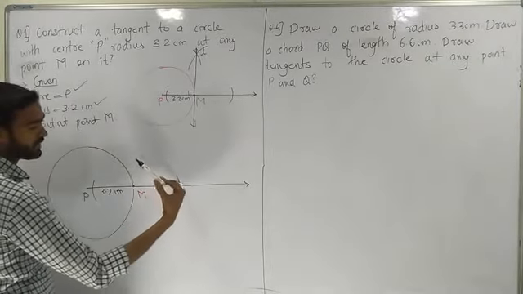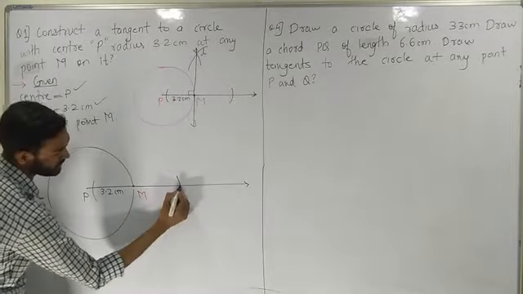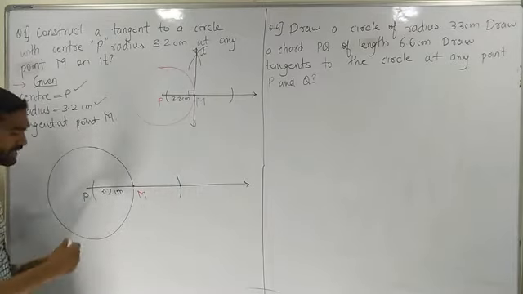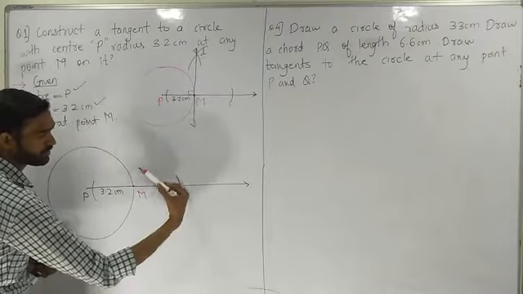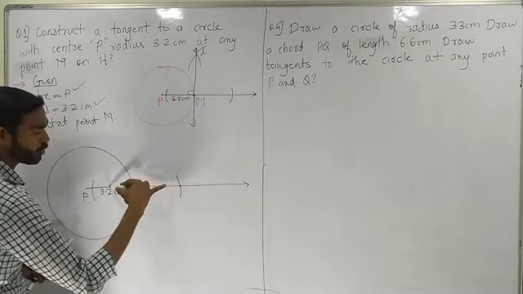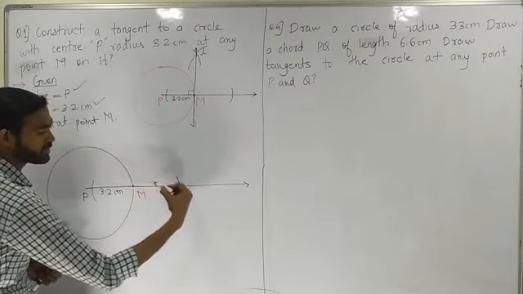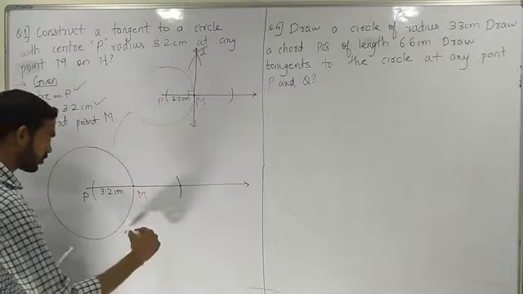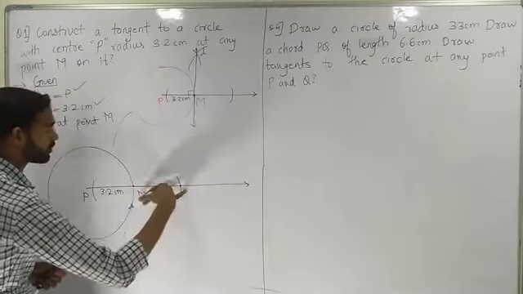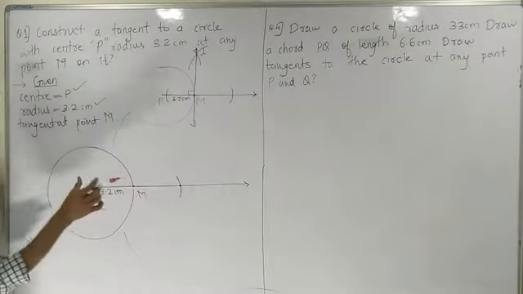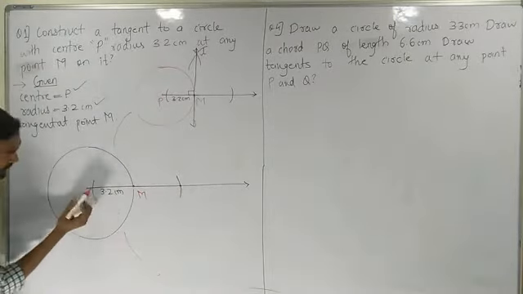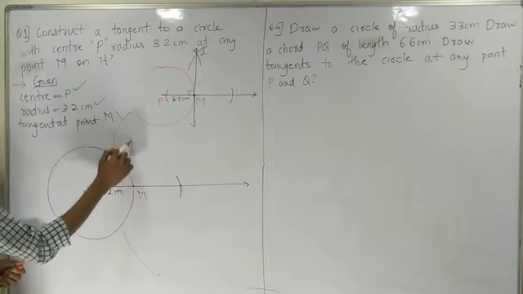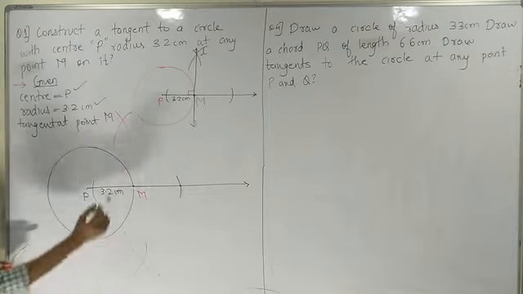Now I'll keep my rounder here on the first arc, this point, right? I'll keep my rounder on the first point. Approximately more than half. This is my half, this one less than half. I'll take more than half. One arc up, one at down from this point. Same thing I'll do from this second arc, second point. This is my second point. Same distance. One up, one down.